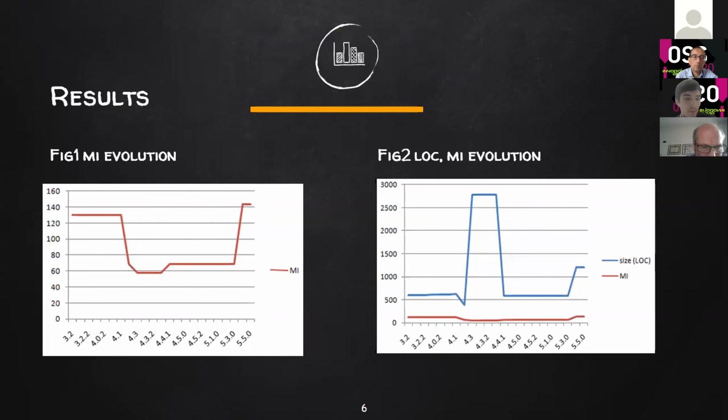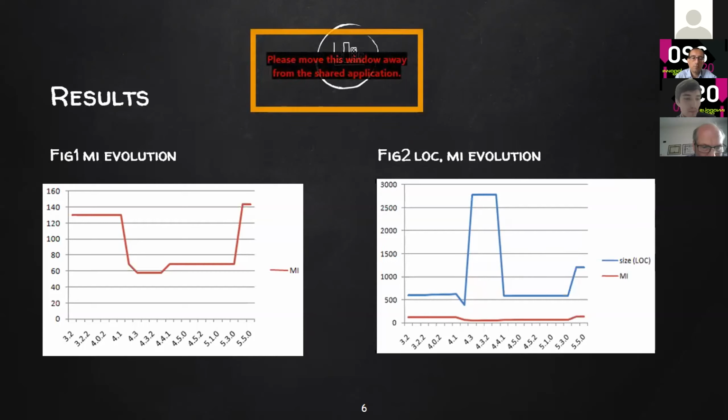Well, let's say two words about our results. As you can see, we had the MI evolution on the left part here. You can see that the trend initially, in the earlier versions of JEdit, is pretty constant. It gets lower in the middle, it's pretty flexible, until in later versions it starts increasing, which is interestingly enough